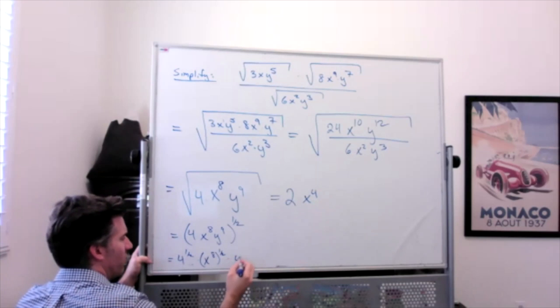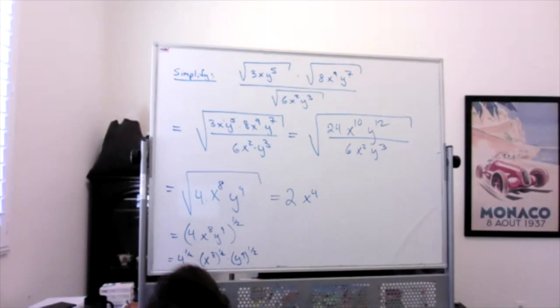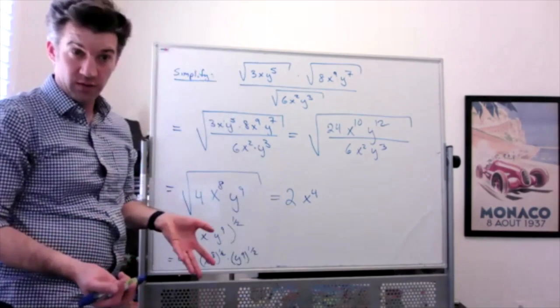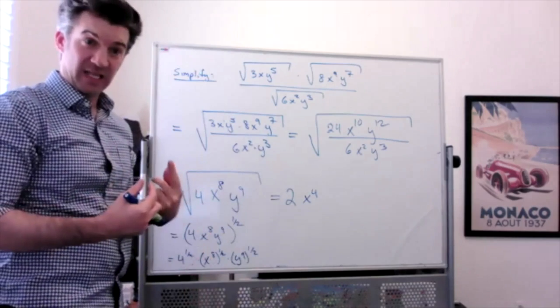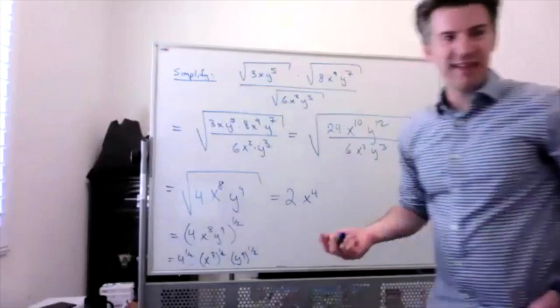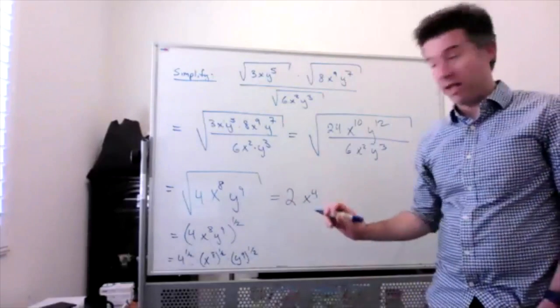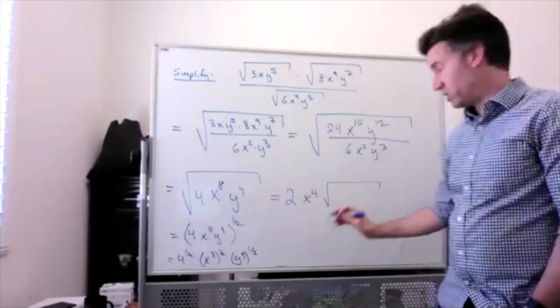And then y to the 9th to the 1/2 is interesting. The square root of y to the 9th is not y to the 3rd, because y to the 3rd times y to the 3rd is y to the 6th. So the square root of y to the 9th actually doesn't simplify as nicely as we might like it to. Here's how I'm going to write it for now. I'm going to write this as the square root of y to the 9th, which is